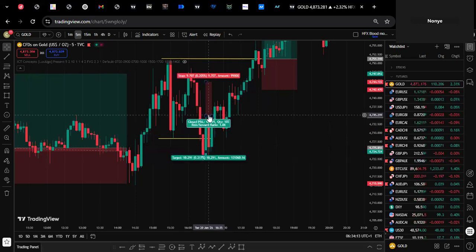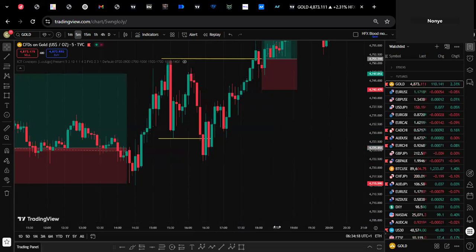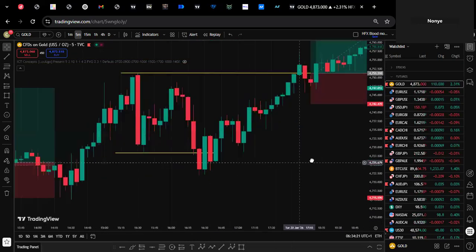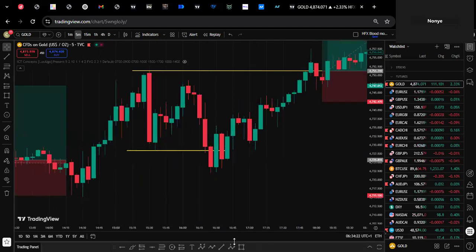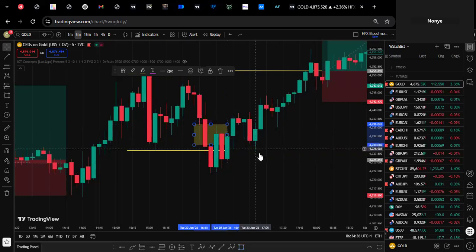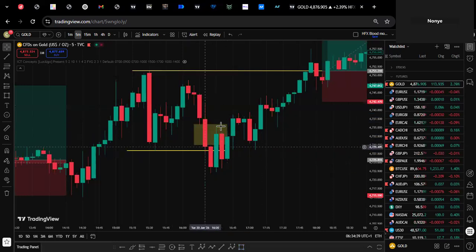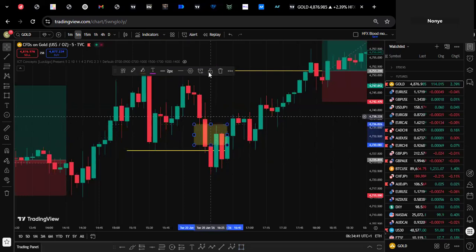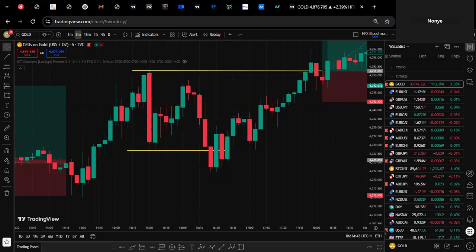So let me take off this thing so it doesn't confuse you. Now I'm seeing a fair value gap here. This is my entry opportunity to take a sell. My entry point now is within this zone. So if I took my trade from these very points here,